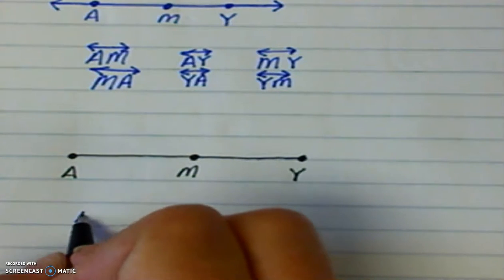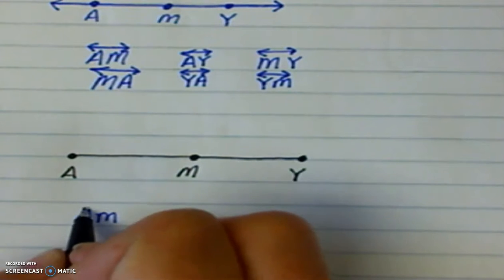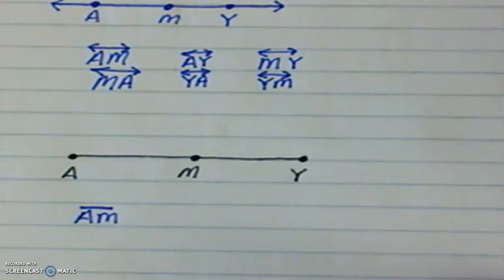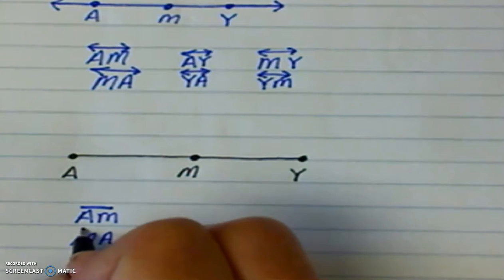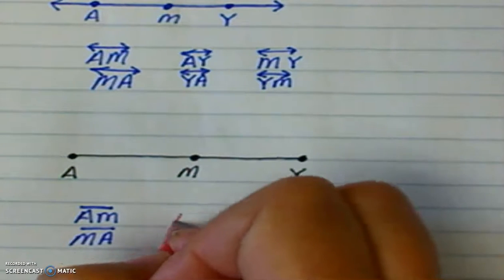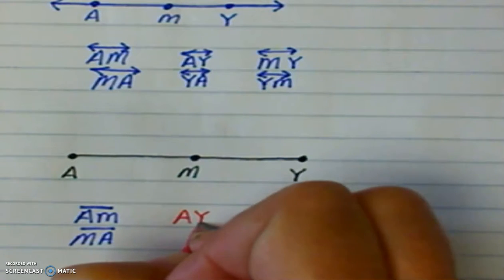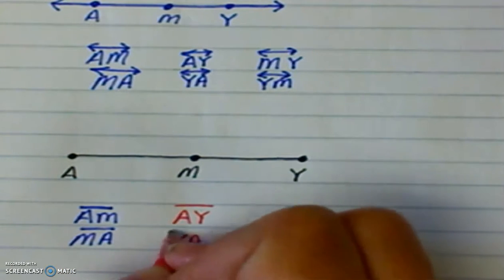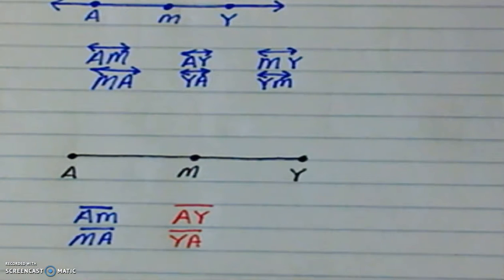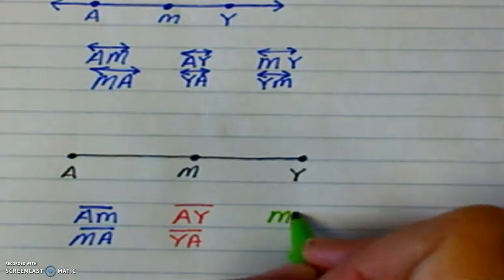So you might say that we have AM, but instead of the line, we're going to put a bar above it, and I could say MA. Switch the letters around. Maybe somebody else, you want to call it AY, and switch the letters YA. Notice no arrow tips because it is not a line, so we don't need to put the arrow tips there. And the last thing, MY